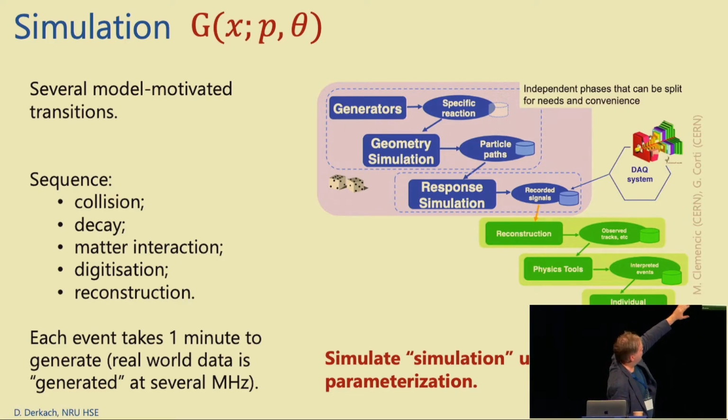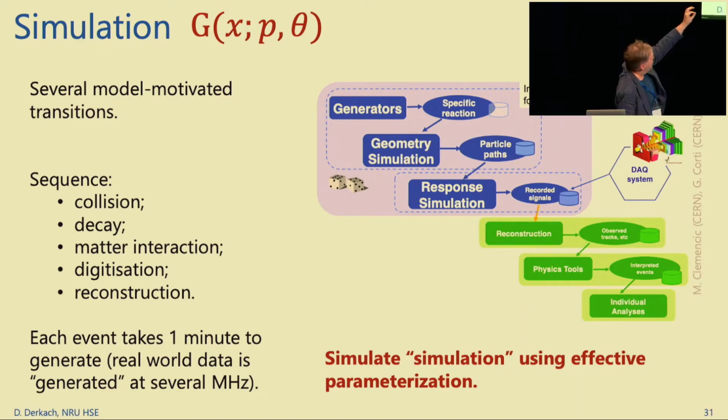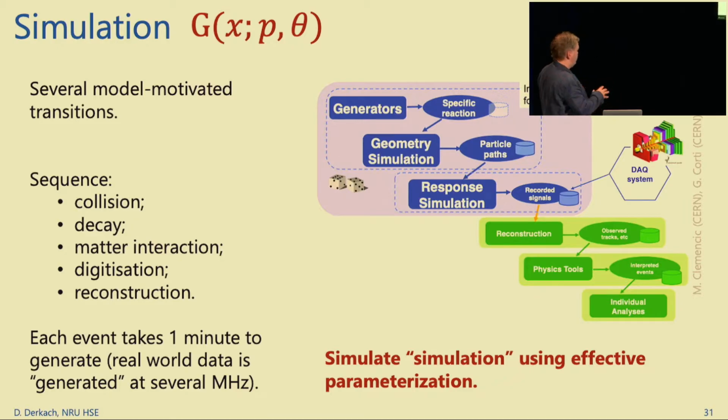This is not to be understood, but to show you that there are lots of very careful steps that we need to go through in order to have a real understanding of what is happening inside the detector. We need to take into account the collision, the decay of the particle, then the matter interaction, and then reconstruction. Each event takes around 1 minute to generate, as I told you before, and real-world data is generated at around several megahertz before reconstruction and around kilohertz after reconstruction. So the idea is to simulate the simulation